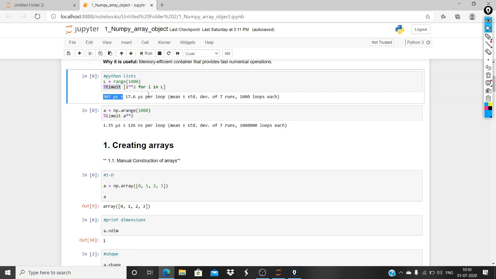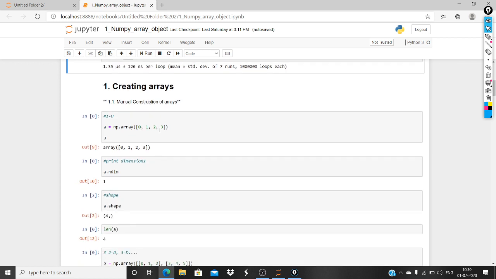So it takes 3.07 microseconds per loop. Now we apply the same function to the NumPy version, and this takes only 1.35 microseconds per loop. So this is far better. These numbers don't really matter for this code, but for future code which might take hours or days to run, NumPy is a better option than lists. It would be more time efficient. So this was time efficiency.